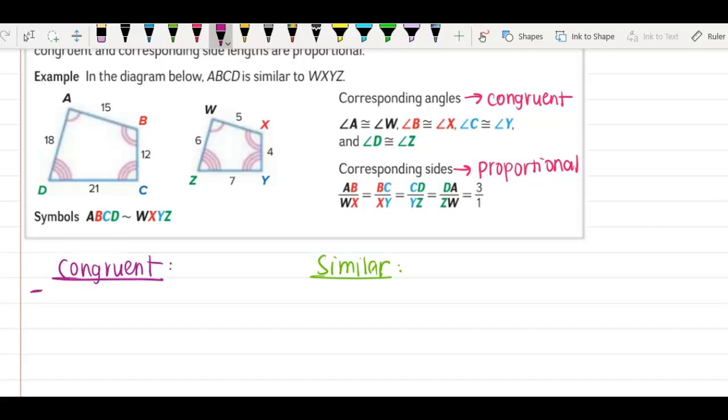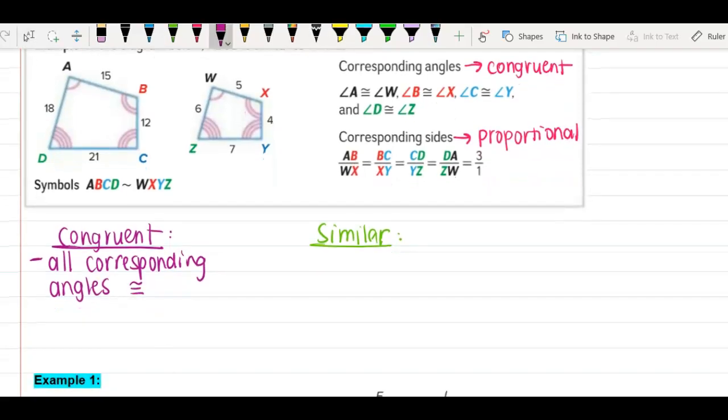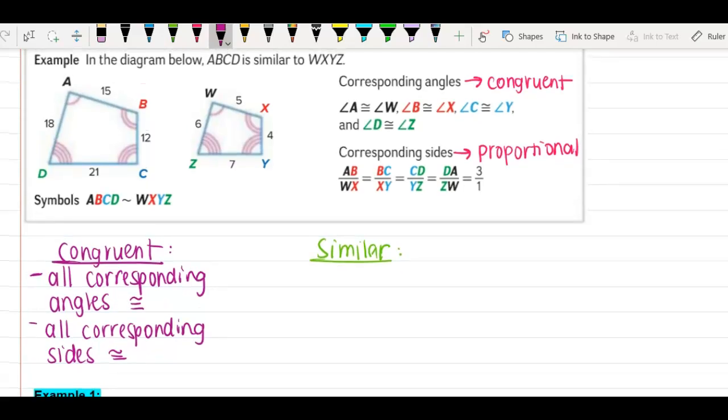So in congruency, we had to have all corresponding angles congruent. And the other thing was all corresponding sides congruent. So similarity starts out the same way, all corresponding